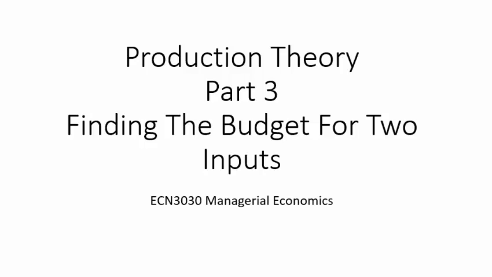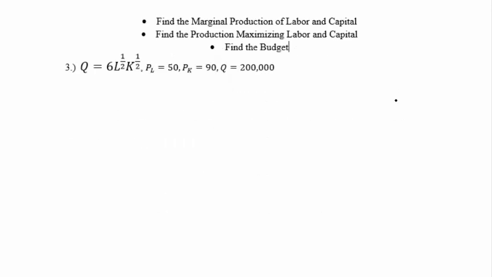In this video, we will continue discussing production theory for two inputs and how we can find the budget with these two inputs. For this problem, we're given Q equals 6L to the 1/2 times K to the 1/2. The price of labor is 50, the price of capital is 90, and the maximum quantity we can produce is 200,000. And we're asked to find the marginal productions of labor and capital, production maximizing labor and capital, and the